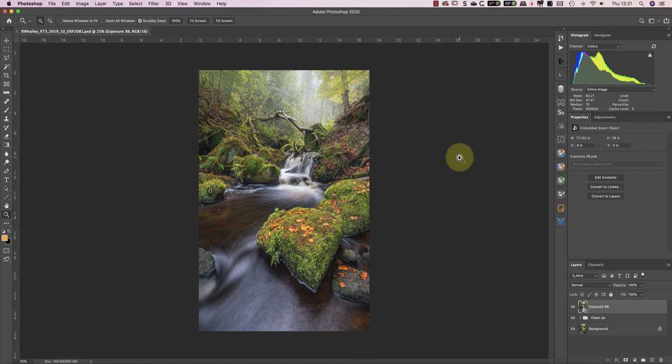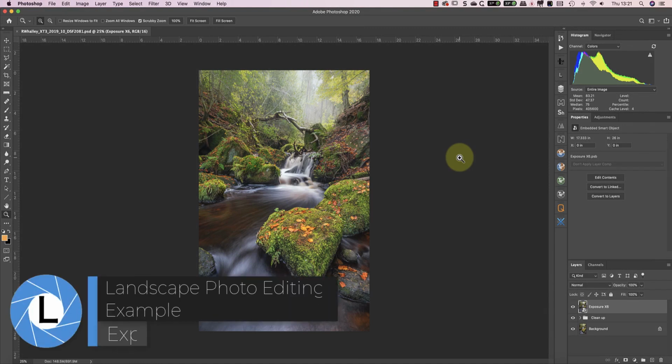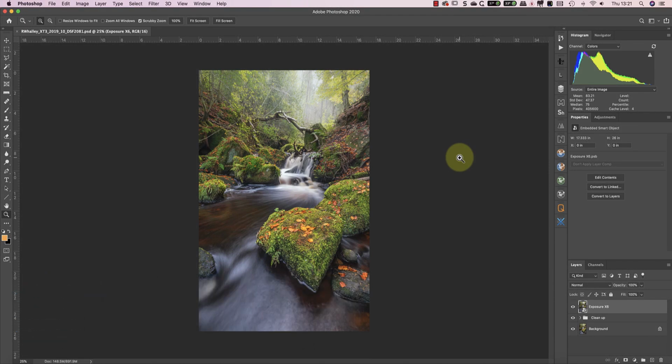Today I purchased an upgrade to Exposure Software's new Exposure X6. I was going to do a review of the various new features but then changed my mind. Instead, I'm going to use Exposure X6 to process one of my landscape photos, and in doing this I'll use some of the new features. What I really want to demonstrate is how you can use Exposure X6 as an editing tool.